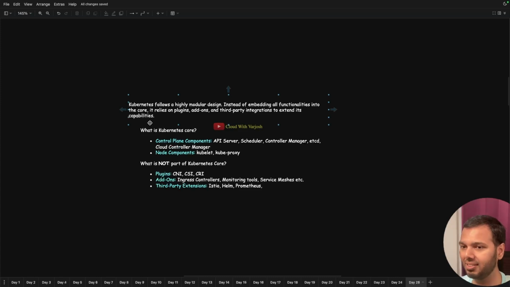Kubernetes has done is it has created some standards. So for anything that I have outsourced, there are certain standards that you must adhere to. And as long as you adhere to those standards, you are good to use your own system. My core will remain same, but anything else can be added. So let's zoom in into this concept and understand what is part of Kubernetes core and what is not part